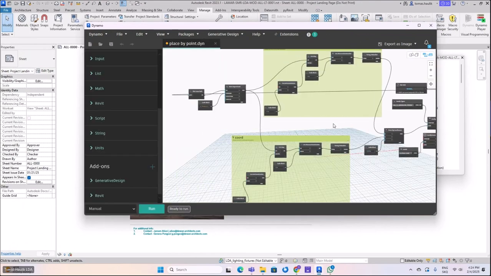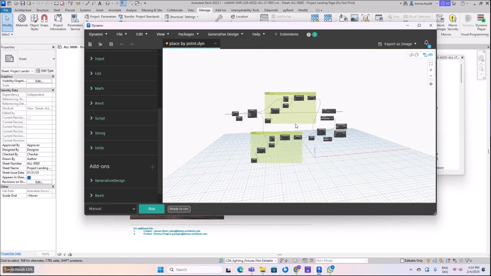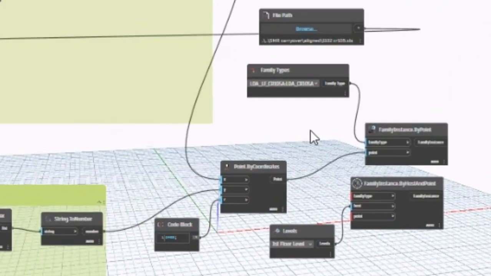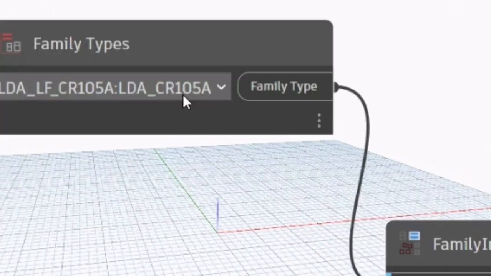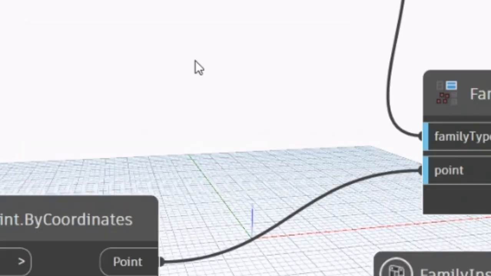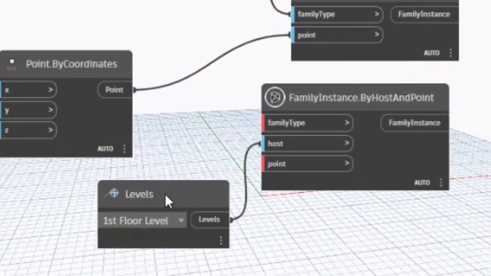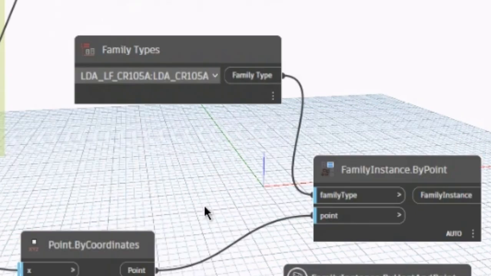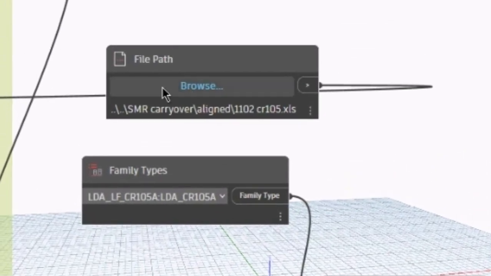it will show us the plugin. There's a lot of nodes, so for people unfamiliar with Dynamo, no worry. The only ones that are interesting to us are this family type, this level, if we are going to use by level, but in this tutorial I will just show how to use it without it, and this file path where we will use some Excel files to put in the data